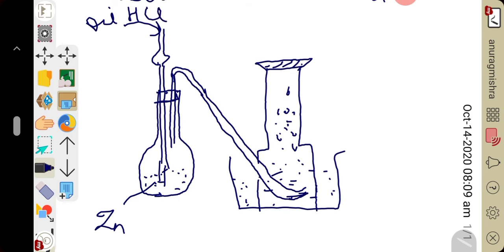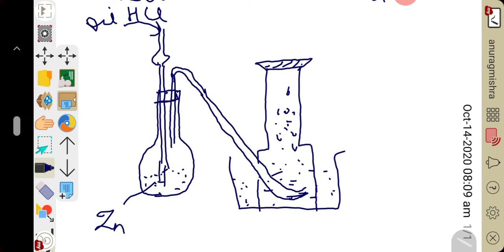With the help of this Thistle funnel, slowly we will pour HCl, hydrochloric acid, drop-wise onto the zinc, which is already kept in the flat bottom flask. As this dilute HCl comes into contact with zinc, the reaction will start. Zinc is highly reactive, so in the metal reactivity series it is placed above hydrogen. So zinc will displace hydrogen from HCl to form